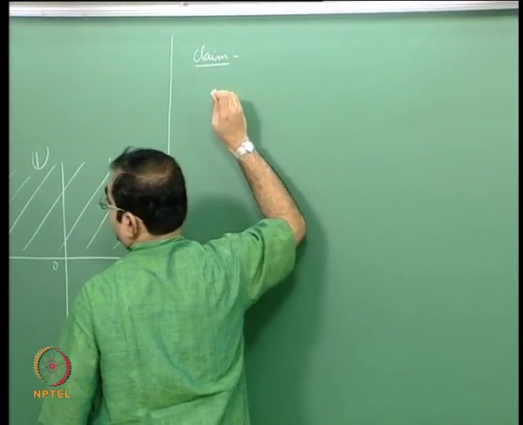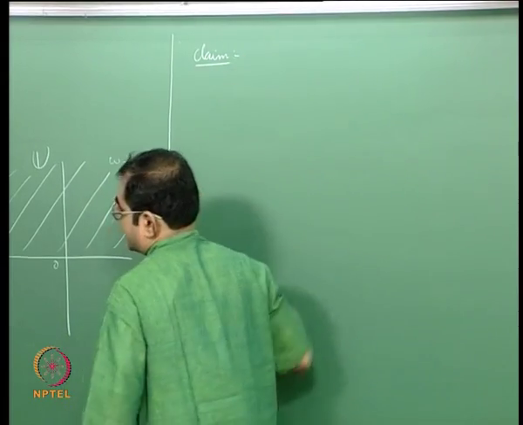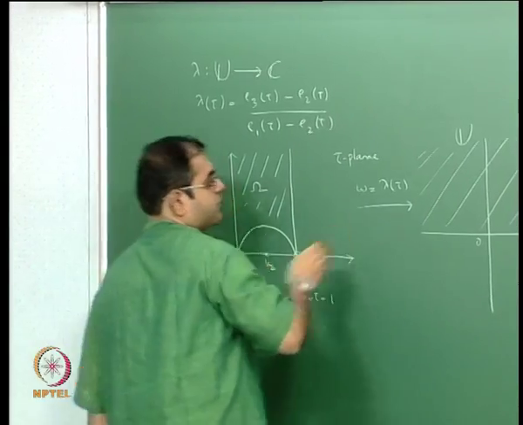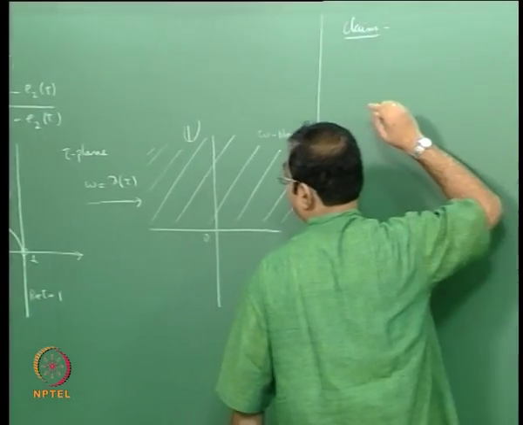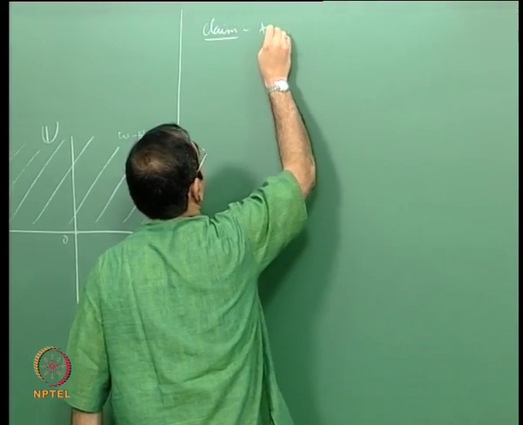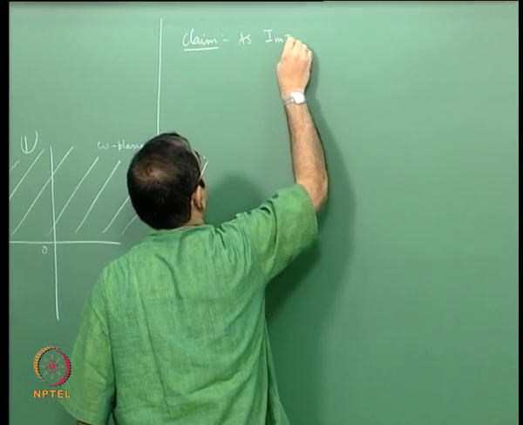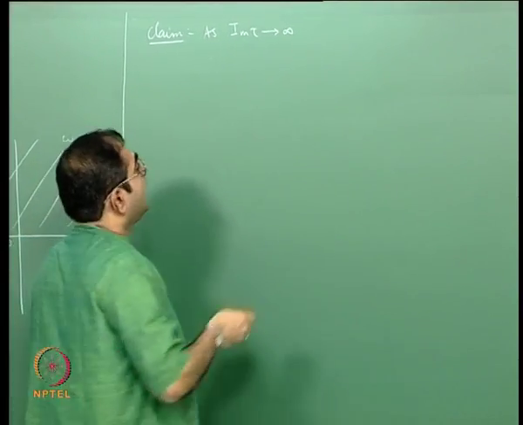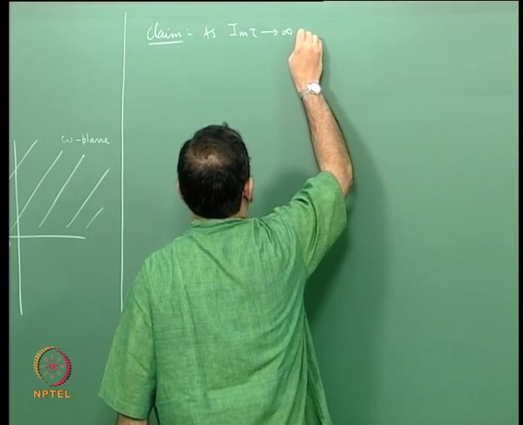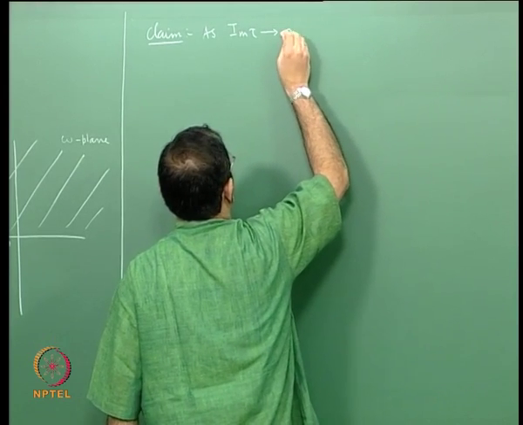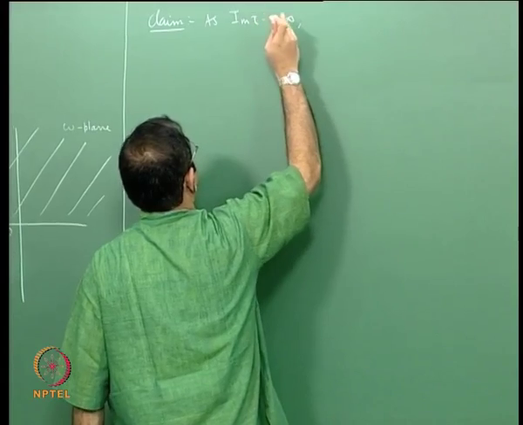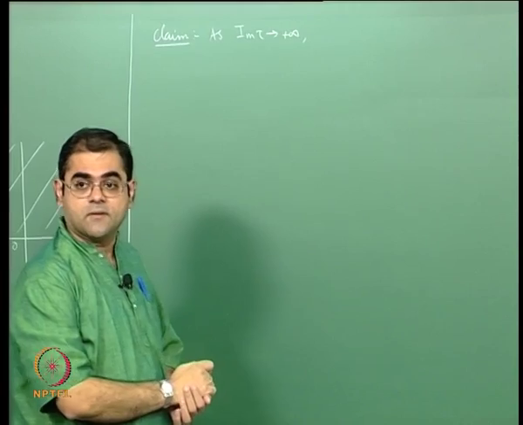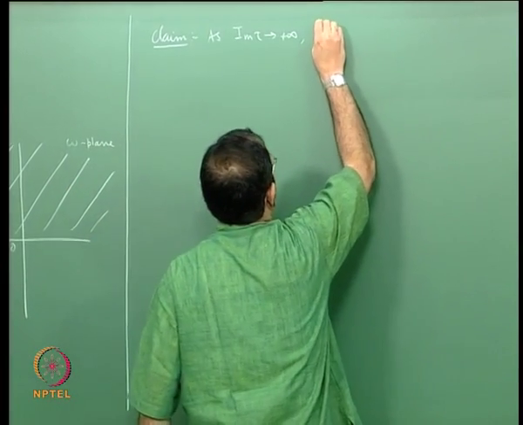Our claim is, yes, I will draw another diagram if I need one. So as the imaginary part of tau tends to infinity, in fact I should say as the imaginary part of tau tends to plus infinity, because this is a real variable, lambda of tau